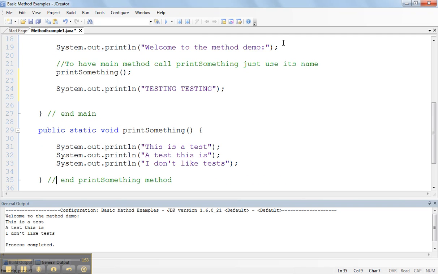So if I executed this program, it would print out this line here, and then call my print something method, and then execute the code through here. When it got to the end of the print something method, it would jump back to the program in the main, go to the next line, print out testing, and then end the program. So if I run this now,